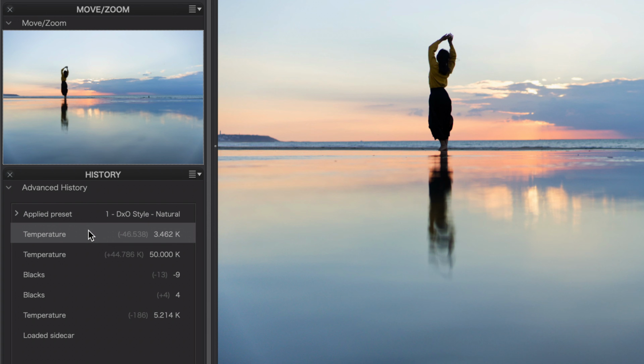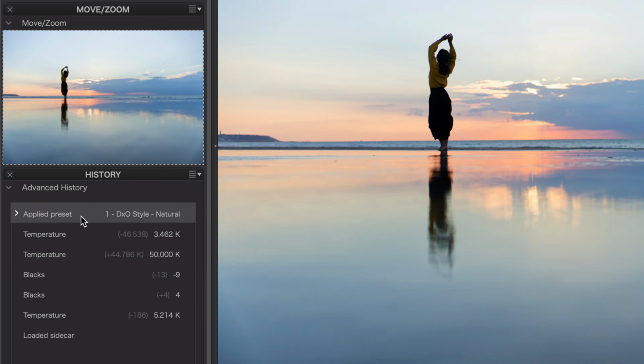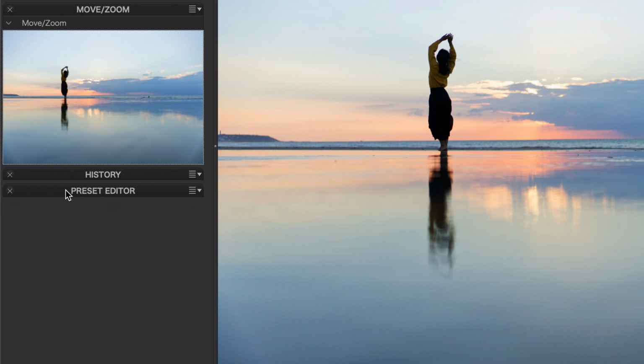This shows you all the different adjustments that have been made to that photo, so you can easily go back or forward in time to go back to earlier changes or come back to where you left off. To collapse any of these tabs, just click on the title, and underneath history, you'll see there's a preset editor